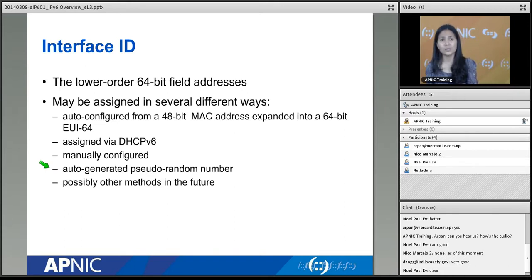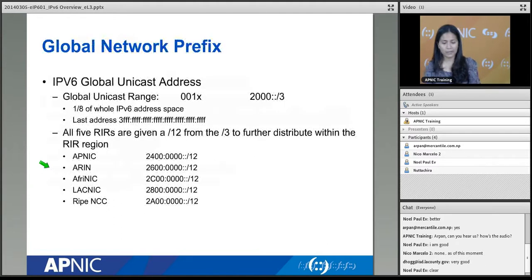Now from this /3 block, each of the RIRs was given a /12 block. So APNIC has got 2400::/12. ARIN has got their own /12, as do AFRINIC, LACNIC, and also RIPE NCC. Okay, so from here you will see that,